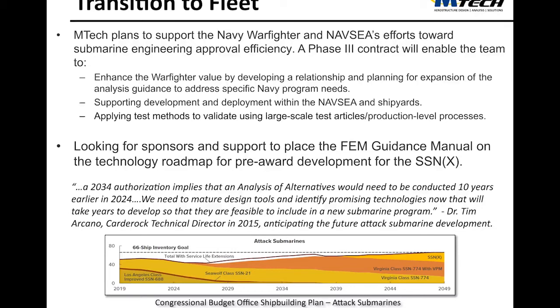In 2015, Dr. Tim Arcano, at the time technical director at Carderock, laid out the general timeline for preparation for the next attack submarine and emphasized being ready for the 2024 timeframe. If that estimate is close to accurate, then the manual expansion and validation needs to look for acceleration of the schedule moving forward. In the near term, the manual can be put into a form to be useful for design